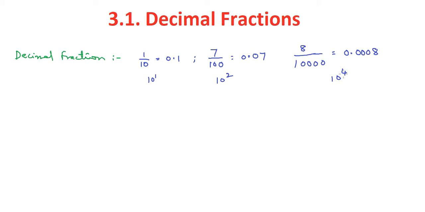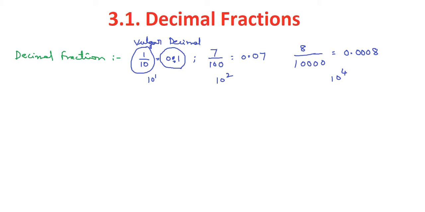And now conversion of a decimal into vulgar fraction. So we can call this 1 by 10 a vulgar fraction and 0.1 is called a decimal fraction. So please keep these things in mind. So this is vulgar fraction and this is called decimal fraction. Okay, so the decimal point should be there. This is the representation for a decimal, so this point should be there. So this is called decimal fraction.